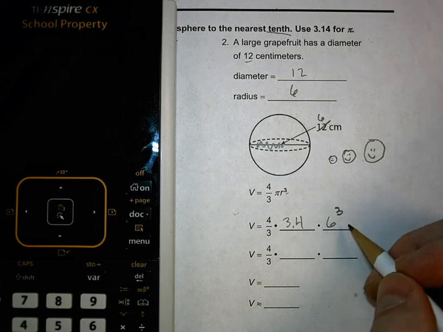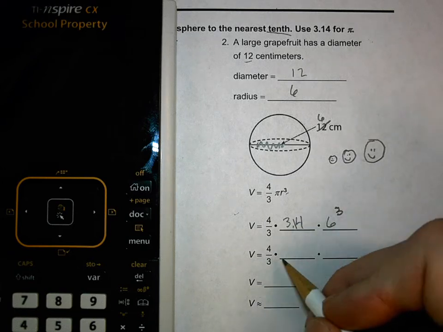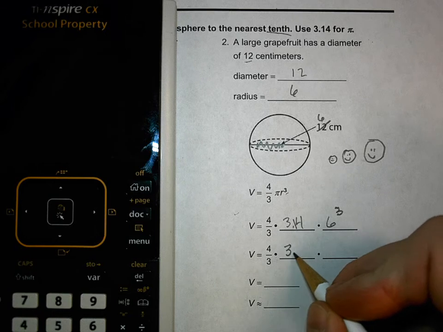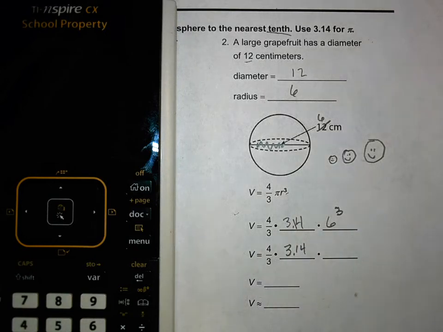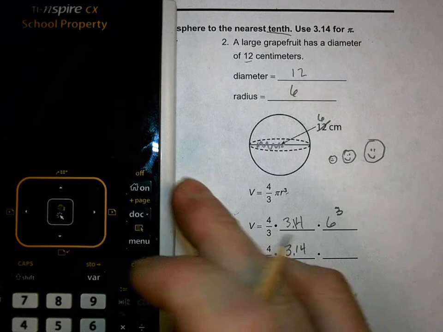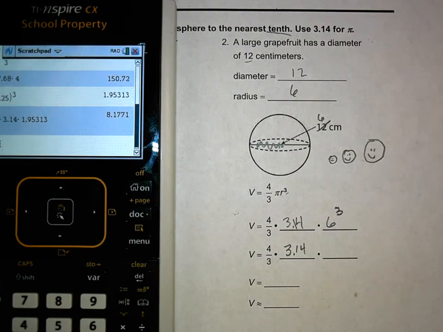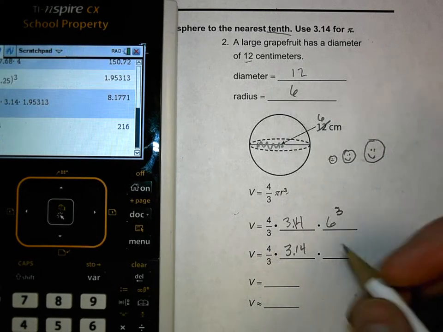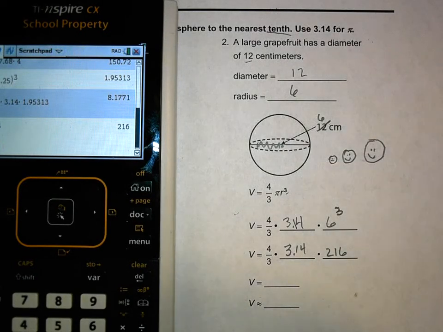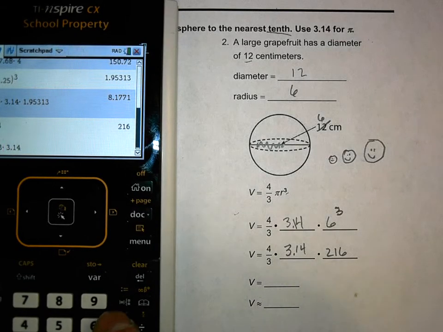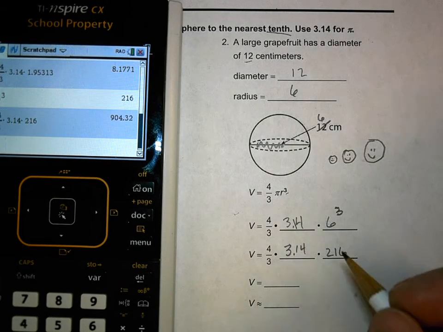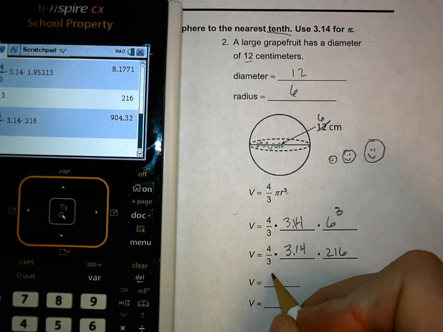Now be careful. 6 to the third is a little bigger than you think it is. So 4/3 times 3.14 times 6 cubed. 6 times 6 is 36. To get cubed, I'm a little lazy, so let's go over here. 6, the little up caret, cubed, that's 216. So I get 4 divided by 3 times 3.14 times 216. And I get the volume of my grapefruit is